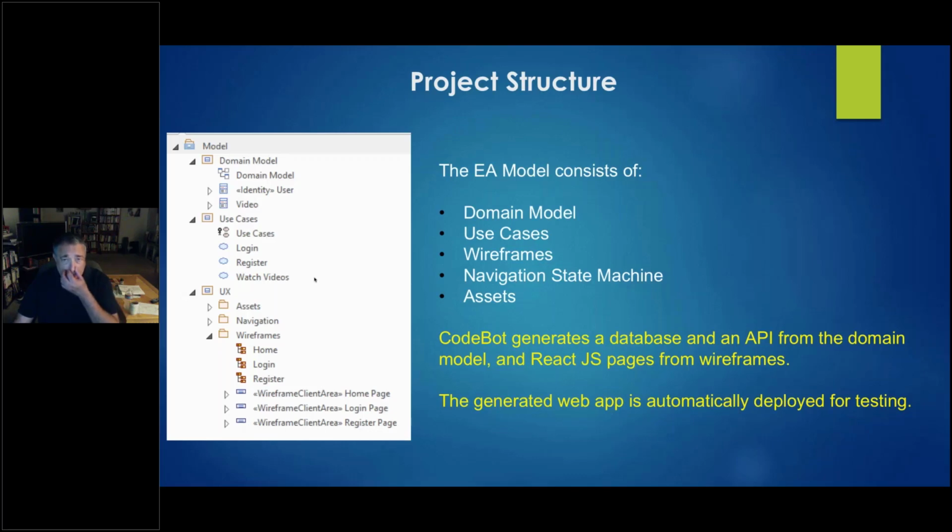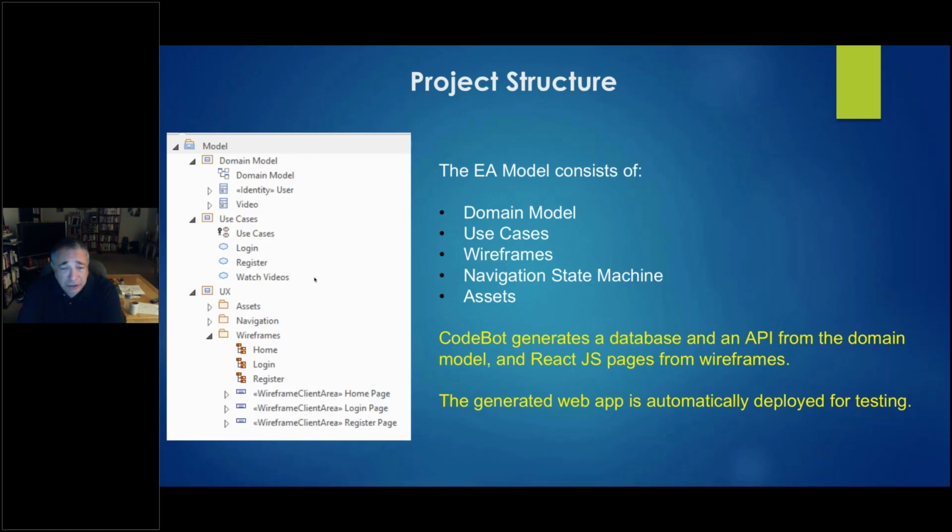One of the things that's really cool about CodeBot is it doesn't just generate an application for you, it also automatically deploys your web application onto the cloud, specifically onto AWS Lambda. CodeBot really is a UML compiler.